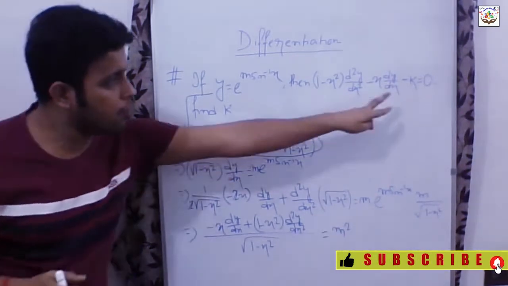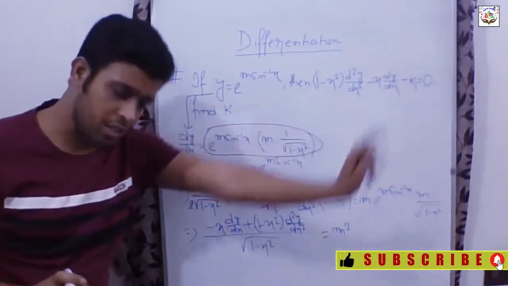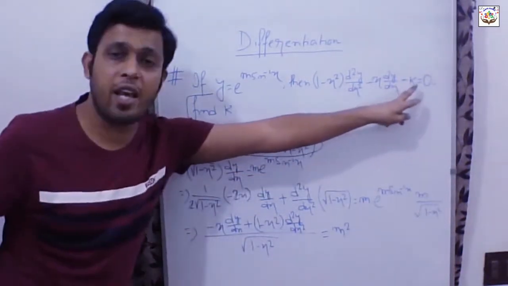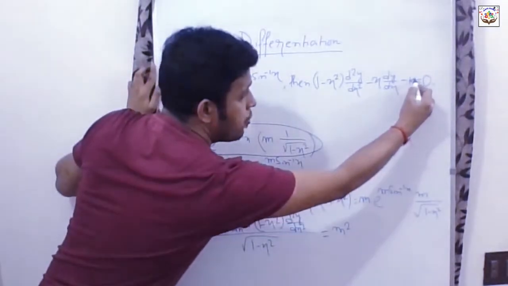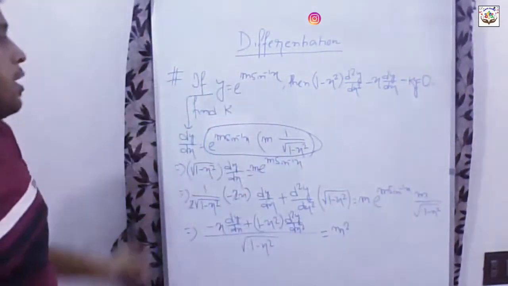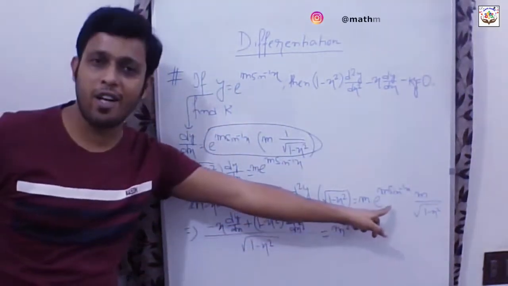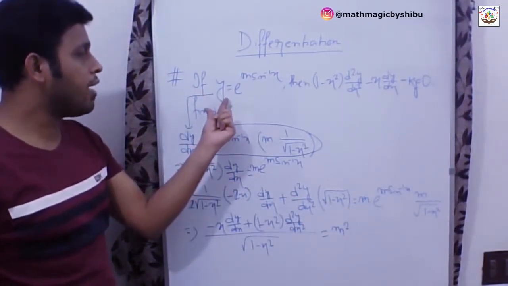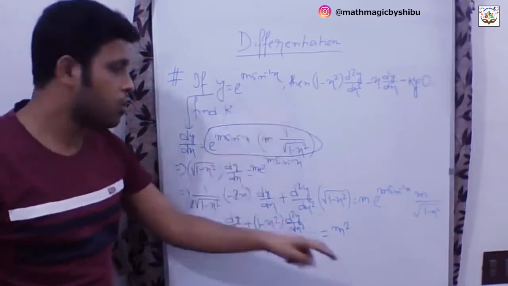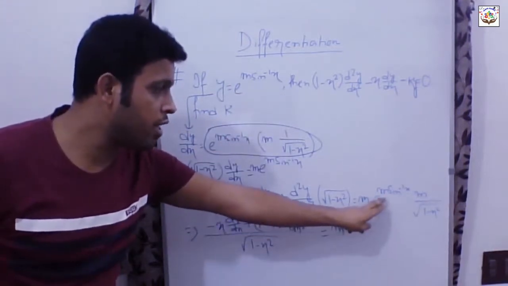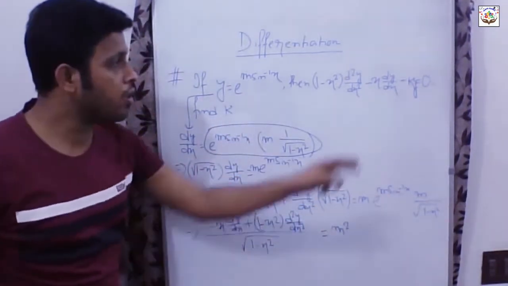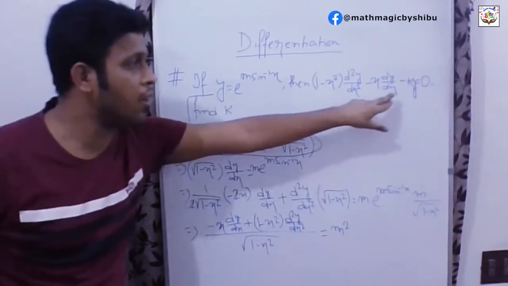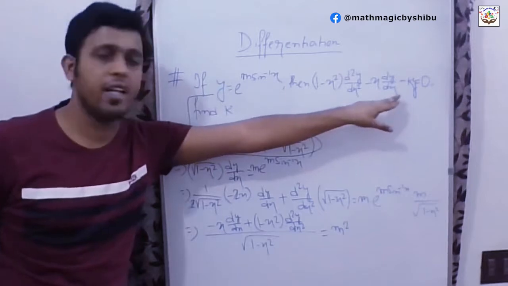Okay, I think the problem will contain minus ky. Just let me look at the problem. Yeah, it will be minus ky. Okay, it will be ky with it, right? That is what I'm thinking, because y is already appearing in the problem. Okay, so we have already y equals e to the power m sin inverse x. So we can easily replace e to the power m sin inverse x as y, because we need to find the solution in this format, and we have the y in the resulting expression.